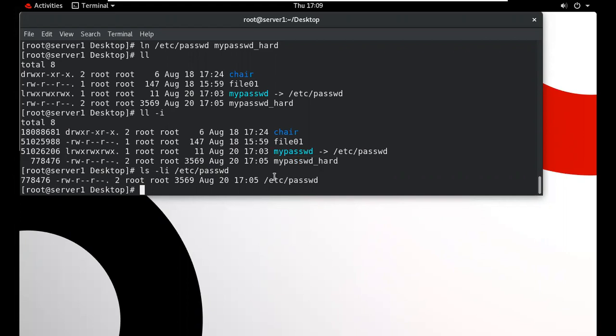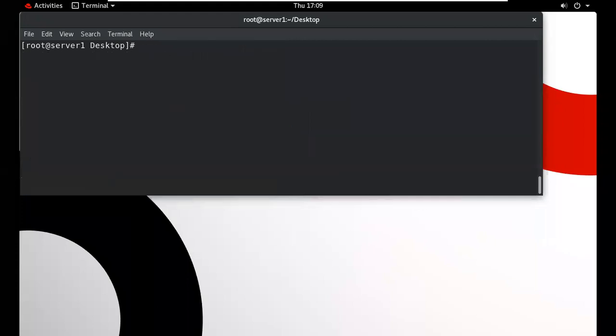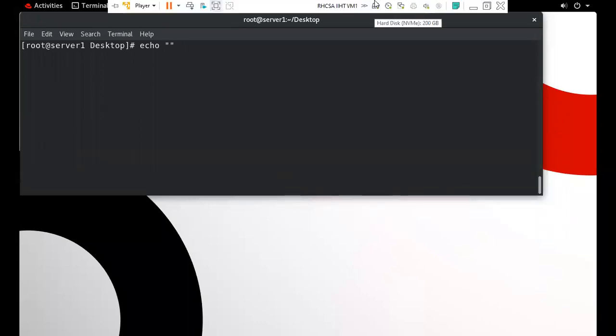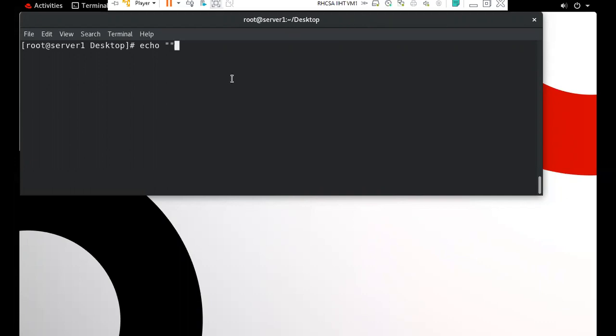So I'm showing this by using another example. Suppose I create one file. Tell me the use of this particular command. I told you in the earlier session what echo is.